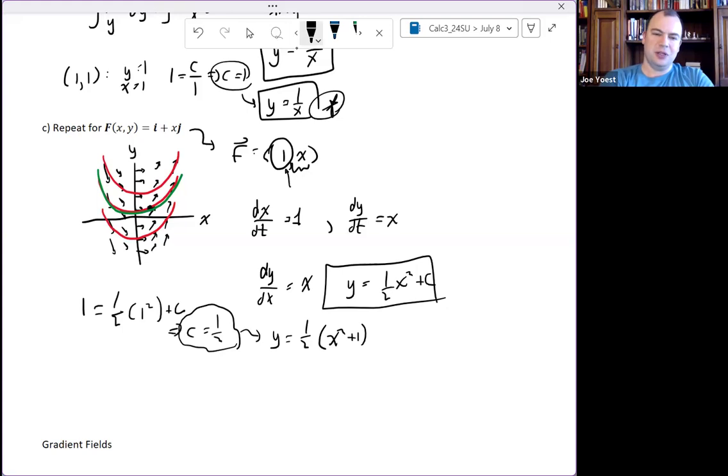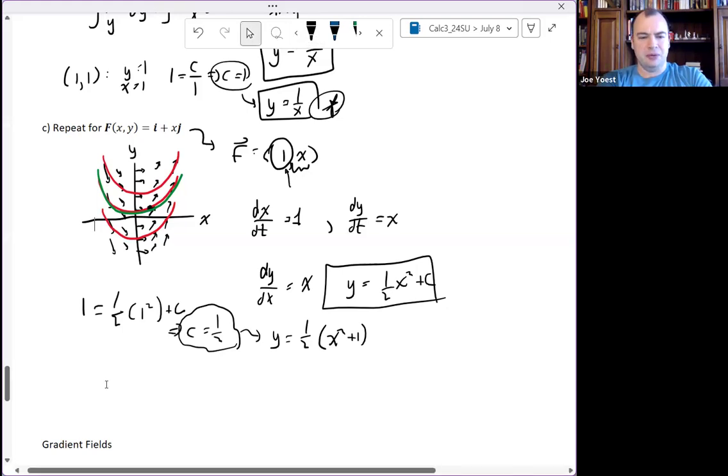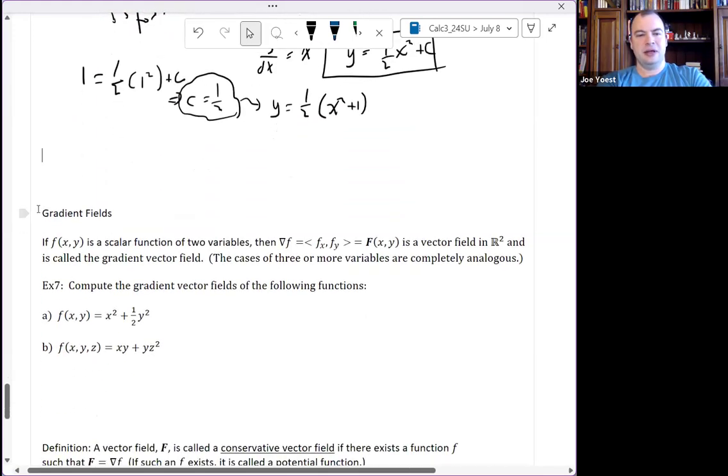Okay, and then introducing one last little topic. We will talk a little bit more about this in future sections, but just introducing it here: the idea of gradient fields. So if we have a function little f of x, y that's a scalar function of 2 variables, it takes 2 variables as input and gives a number as output. And if we consider its gradient, grad f, first component partial of f with respect to x, second component with respect to y,